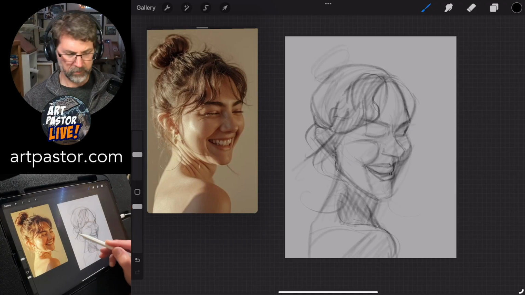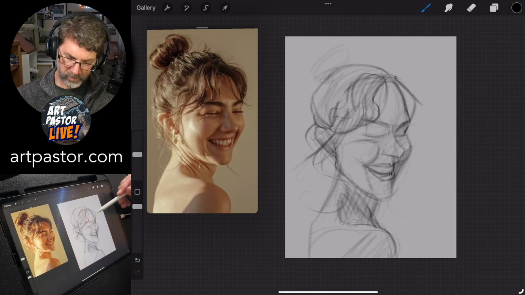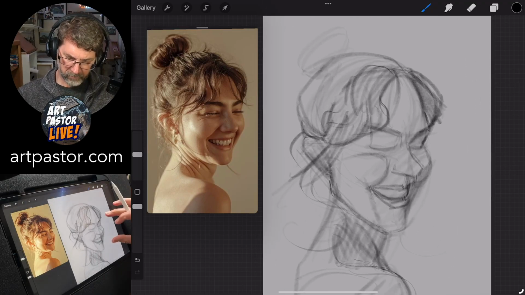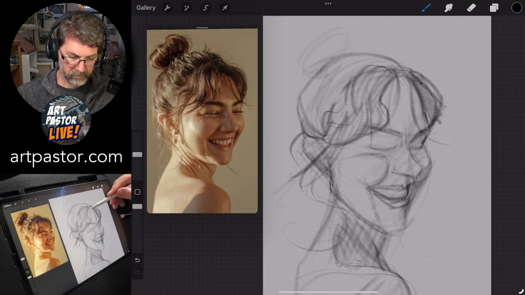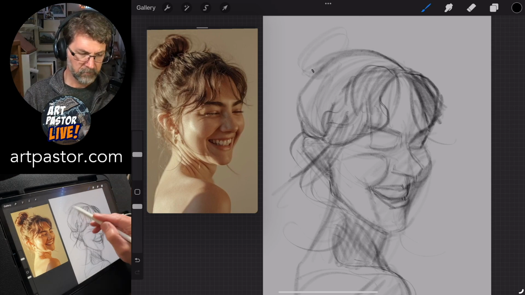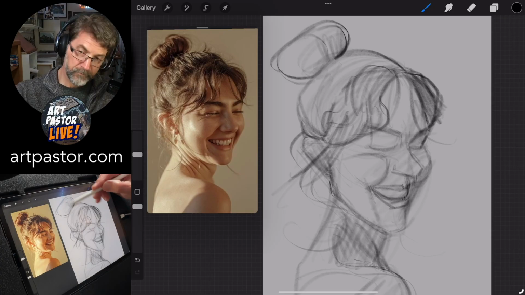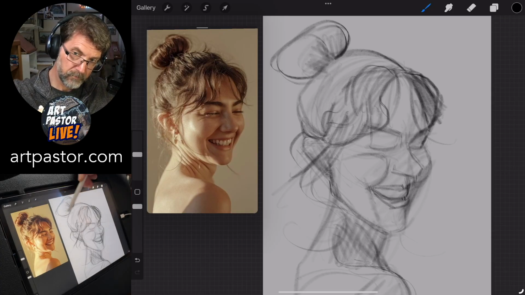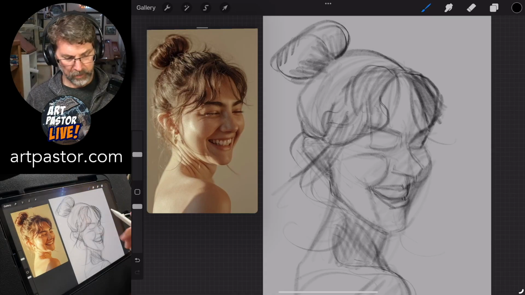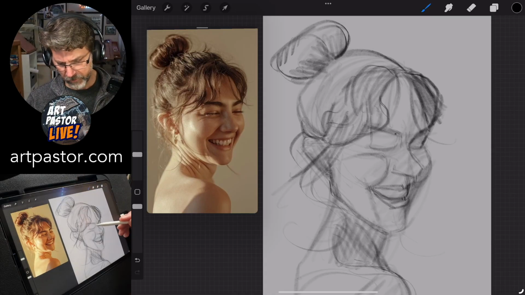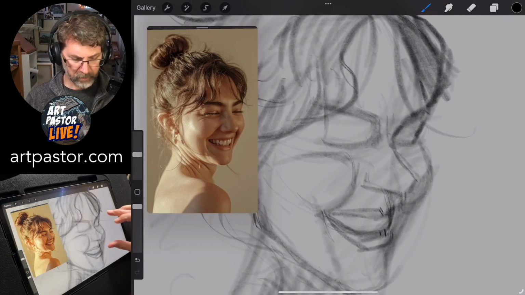And that all plays through there. And that comes out like that. Okay, so I think I have the basic shapes down. So now I can start going in and